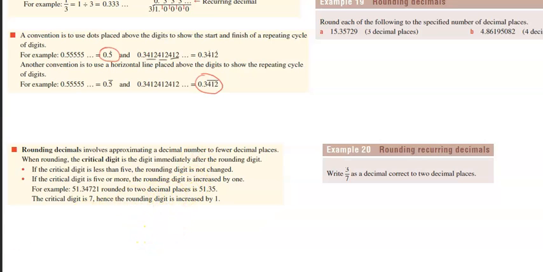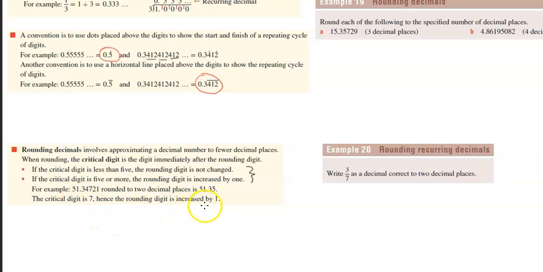And if the critical digit is 5 or more, the rounding digit is increased by 1. So again, this is the set of rules that we have seen before. What you probably haven't heard of is that the digit after is named the critical digit. Okay, so in this example here,